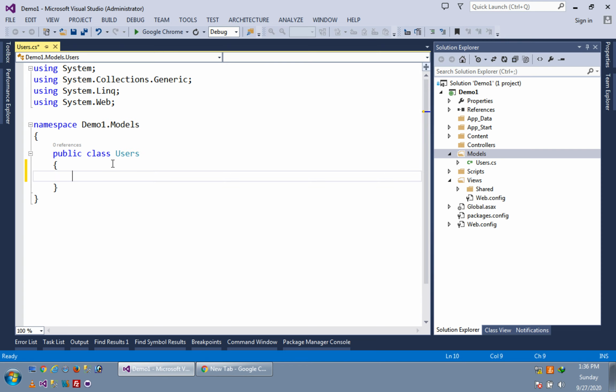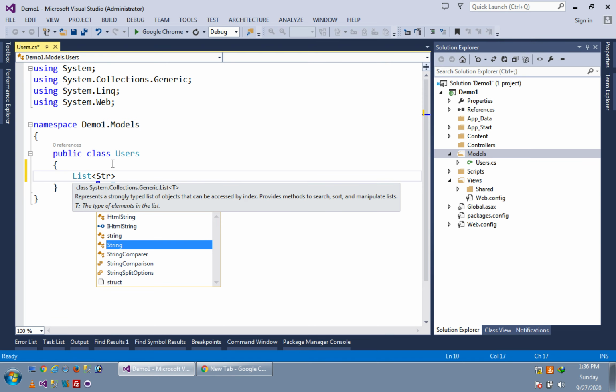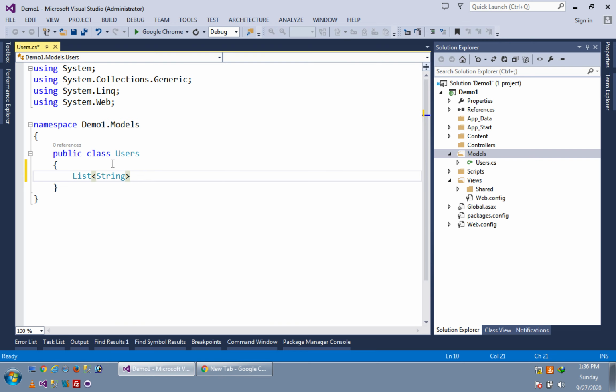I am creating a list of string and giving it the name LST, with private access to this LST variable.